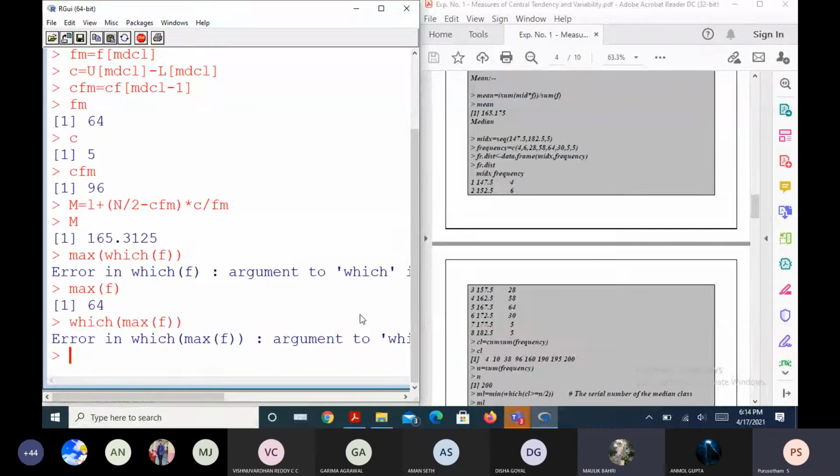So because of that reason, maybe this is not working. That is my observation. Any other idea? Any idea that you can give so that we can get the index of maximum frequency? 64, the corresponding index I want actually.